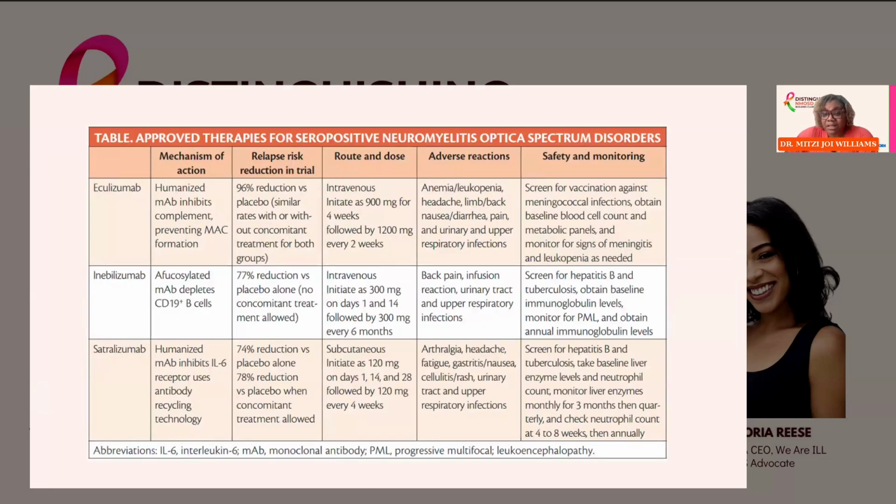I'm not going to go into detail about each of these, but again, important to recognize that there are now several FDA approved treatments for NMOSD, and we have come a long way. So this is just 2019, right? Where the first one was approved right before the pandemic. So again, we have a disease we recognized in 1894 that became a distinct disease in 2002. And then it wasn't until 2019 that there were actually medications approved to treat this. So again, very exciting. We have a long way to go, but I think we also have come a long way in being able to treat this very disabling condition.